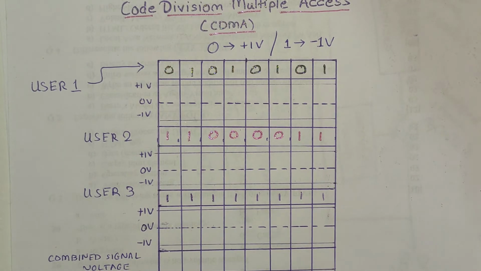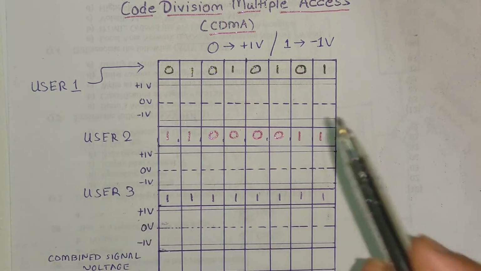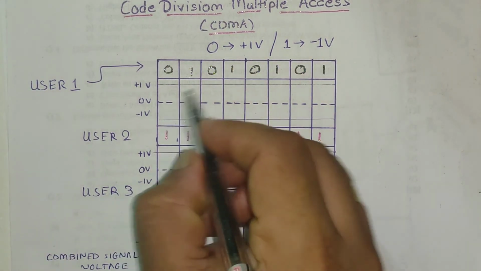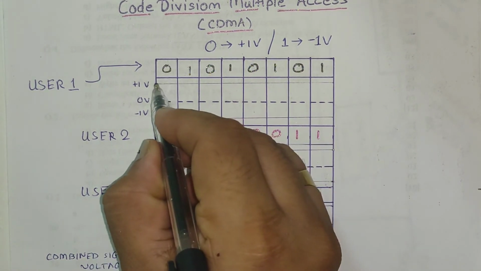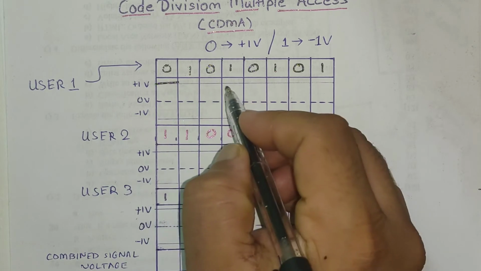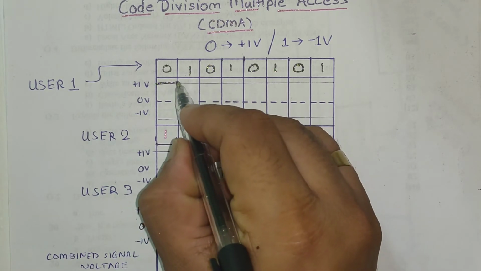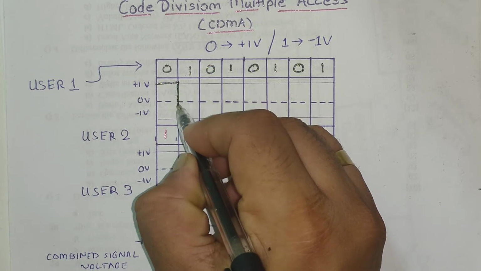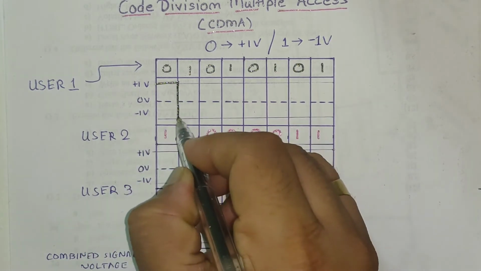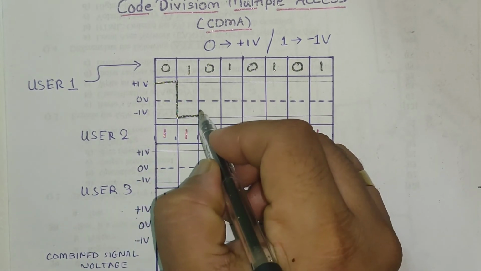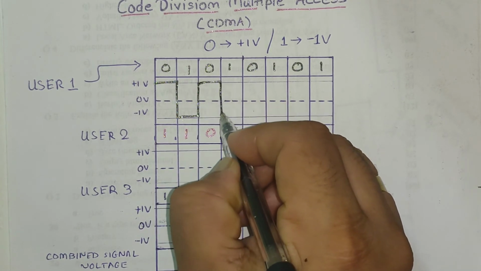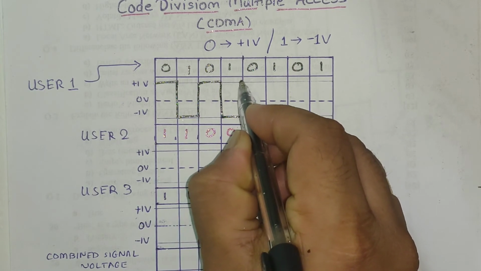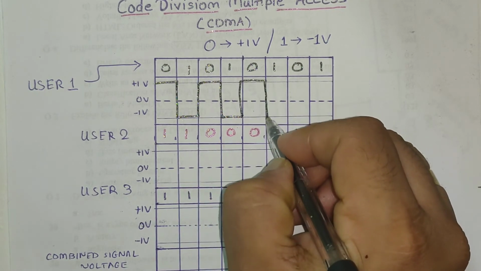So let us draw the basic waveform for the given spreaded code for user 1. If I want to represent 0, this is my 0 bit, I can represent that with the help of plus 1. Then this is my bit 1, so I'm going to go back to minus 1 voltage level. I'm going to continue here. Then I want to represent 0, so this is how my overall waveform would look like. So this is how I can draw it. Fine. I hope you can understand this.